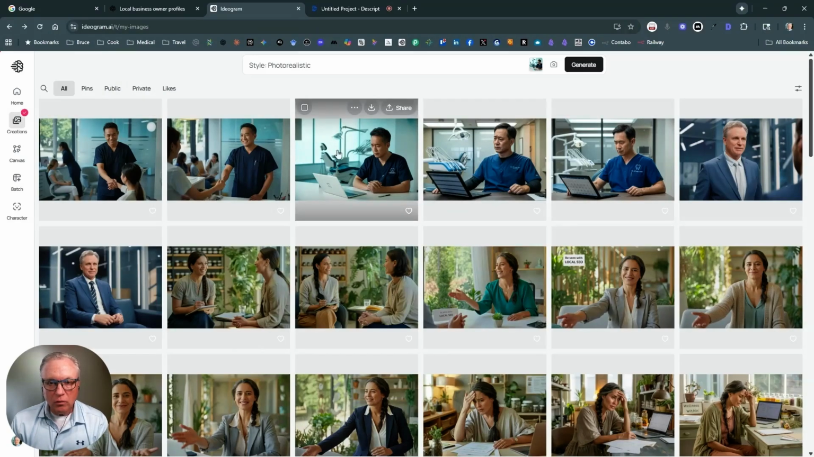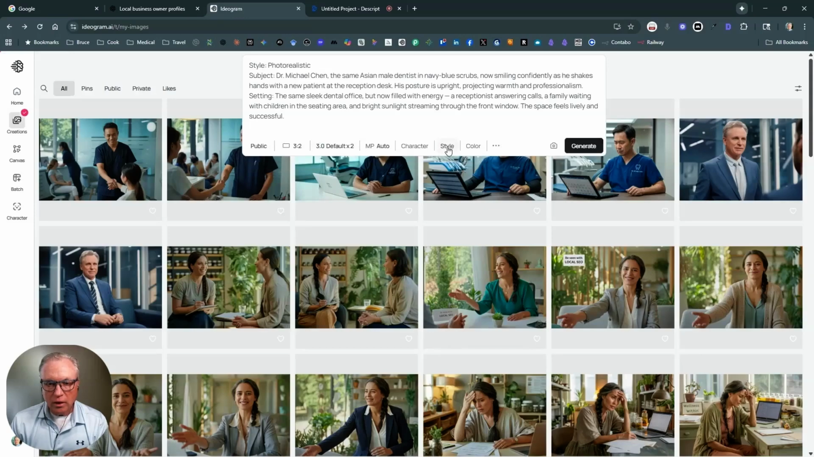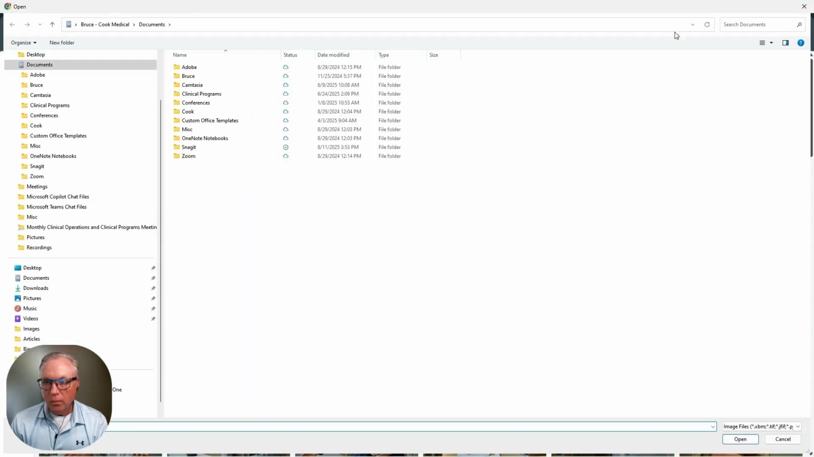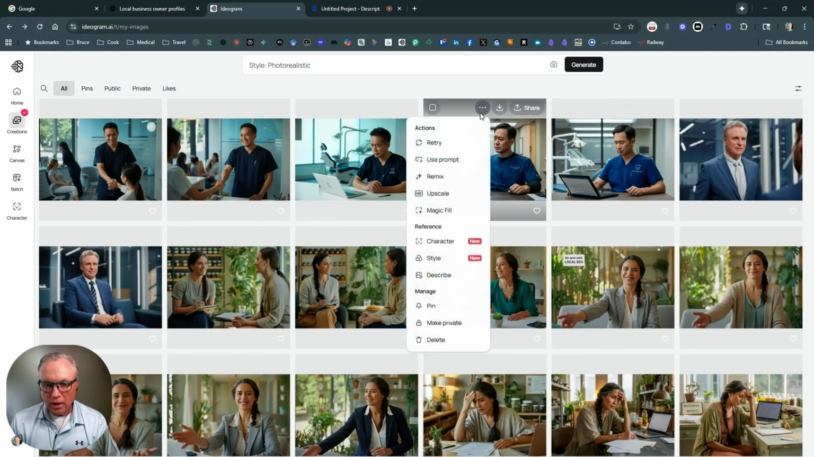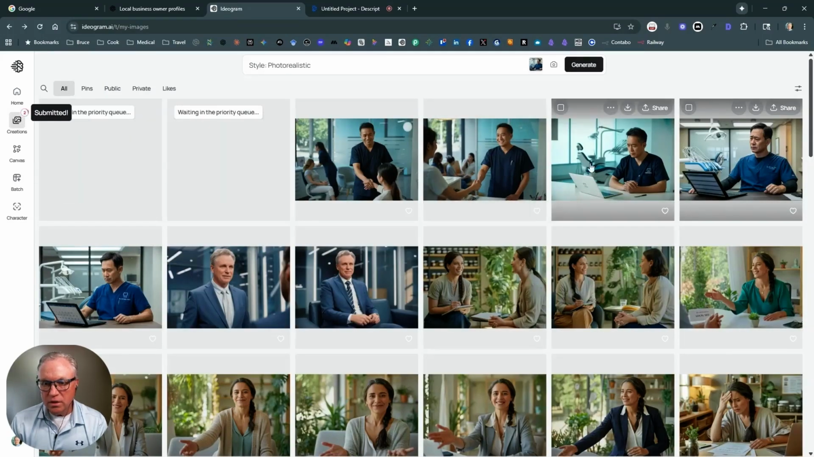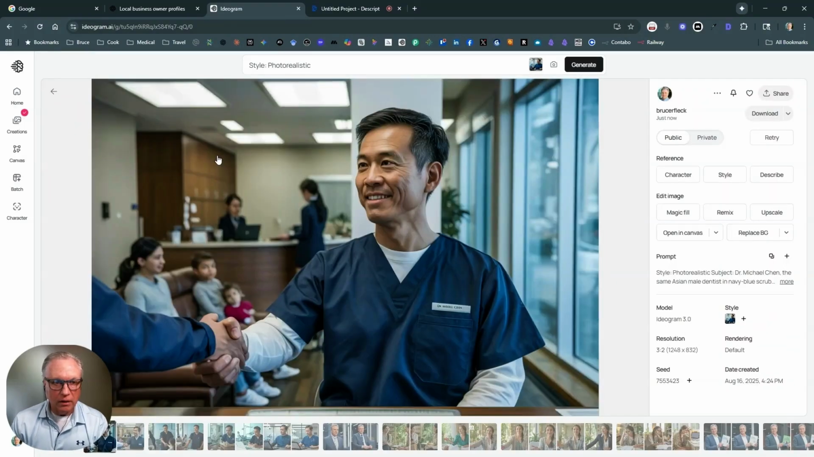Now, if I didn't want to make the exact same character, but wanted to just follow the style of this, then I turn this off. And instead I go to style and I click on reference. I can upload my own as a reference, or again, I can click on the three dots and go on style, and I'm going to generate. And this time it's not going to be the same character, but it will be a very similar style to this image right here. So you can see that these are different characters, but in the same kind of imagery